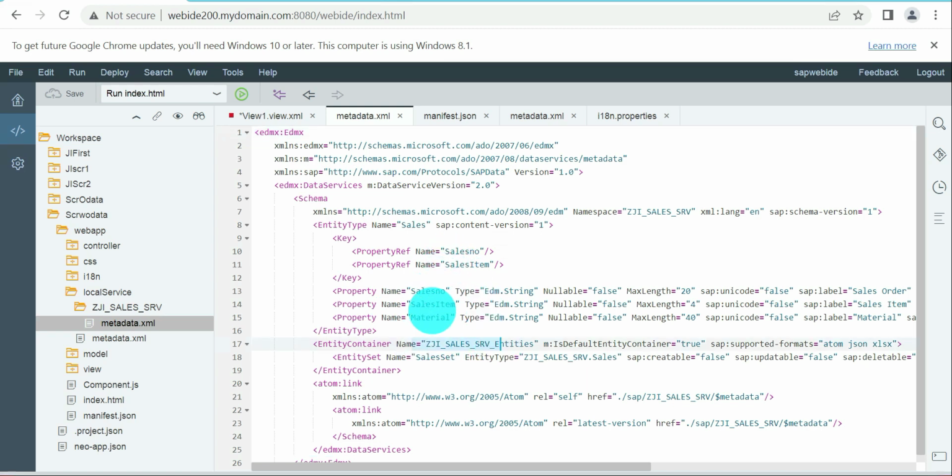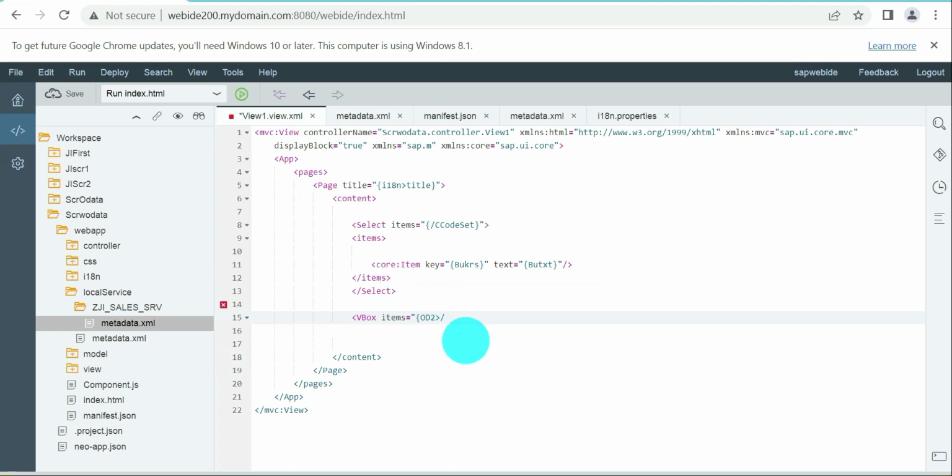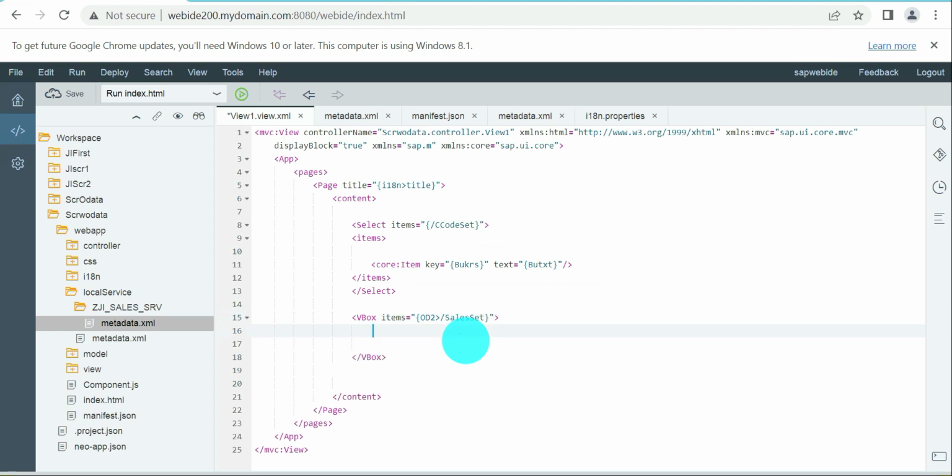Okay, so now what is my entity set? This is the entity set. So copy this and go to view, keep it here. That's it. Close and done. So remaining all simple items,